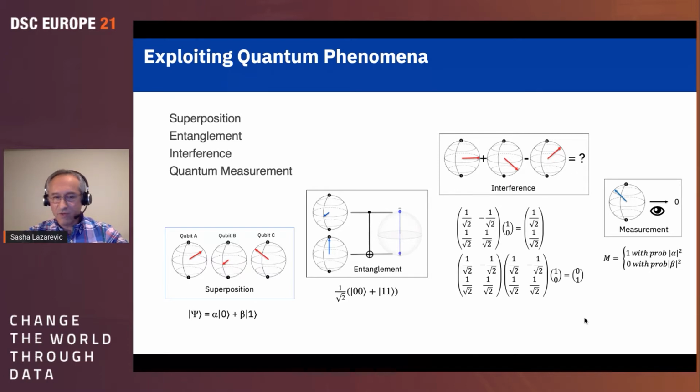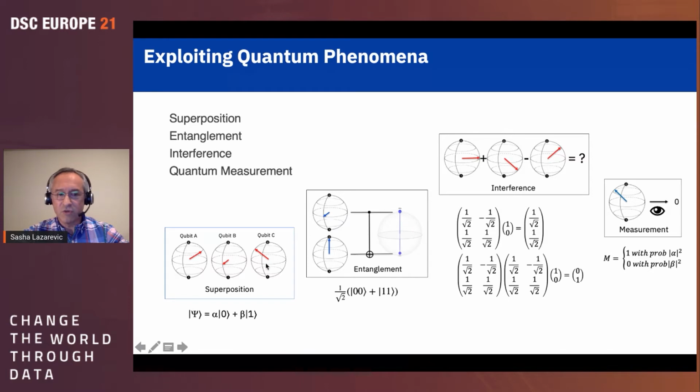So four of them, as you can see on this slide. Superposition. This is a magical phenomenon which is happening on the level of quantum systems and particles like photons and electrons, where these particles can be in a charged state. They can also be in a state which is not charged, but they can also be in a kind of two states at the same time. Well, if I can just simplify it like that, or to be more correct, to be in a linear superposition of these two states, which is just indicated here on the left-hand side of my screen.